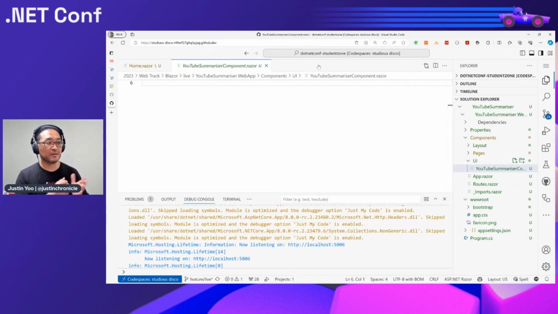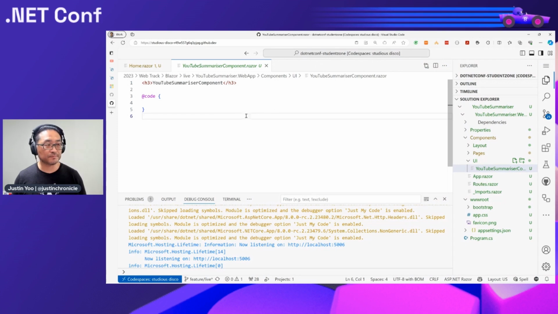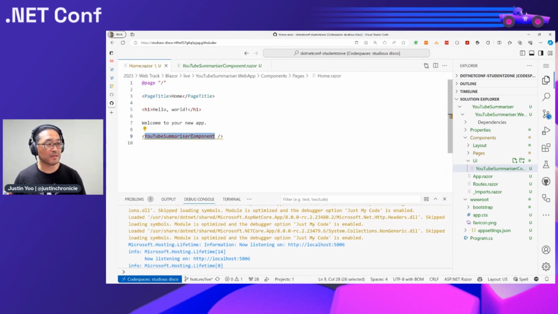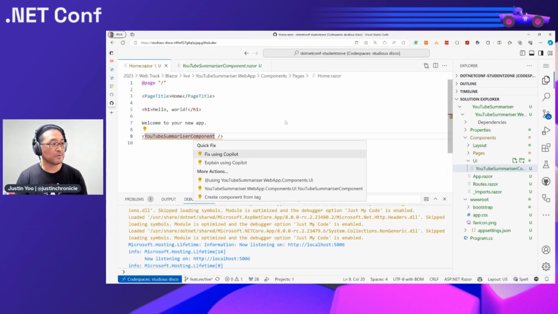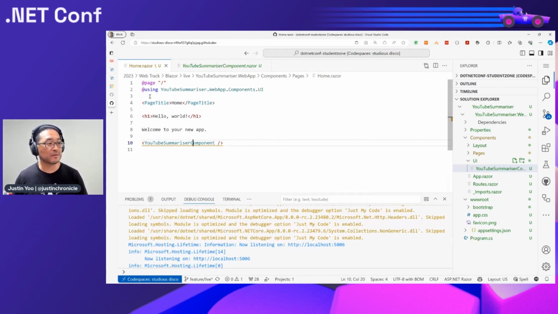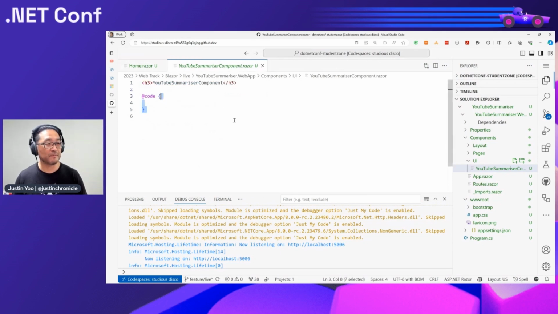Then it creates something like this. Okay, so we have the component, and it says, okay, so we use this. Now it is using the component, and this component is coming from this one. Okay, so we are ready to use the component. This part is the HTML,